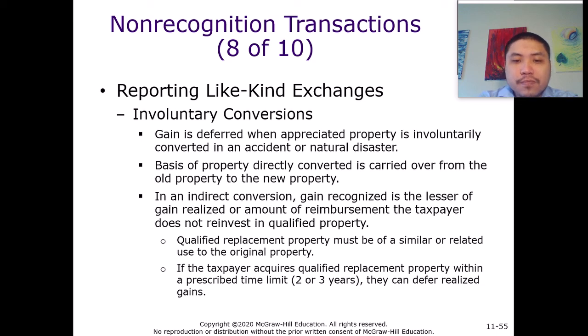So we just need to be careful about the definition of the replacement property. All right,